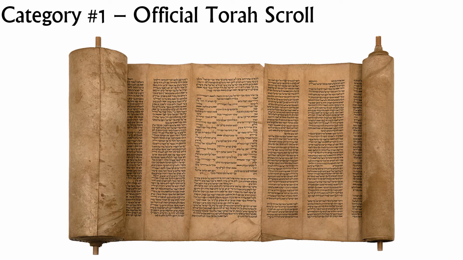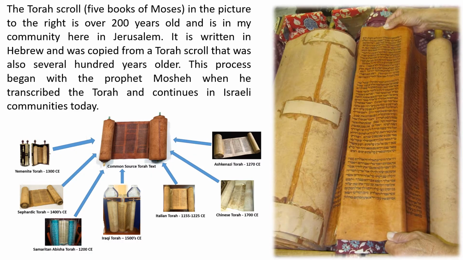So that's the first category. An official Torah scroll is something that only includes the 5 books of Moses, because that's the official baseline text of all Jewish communities. It's like the groundwork of everything we do as Jews and everything we hold by as Jews. And then from there, those Torah scrolls are copied from other Torah scrolls that have been proven to be reliable. So getting to that point, I've talked about this in other videos.